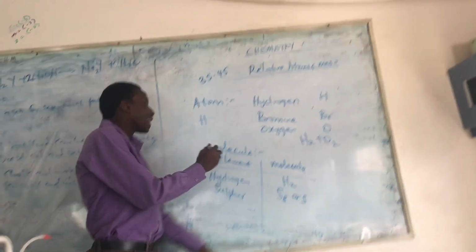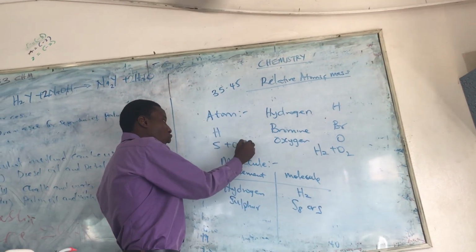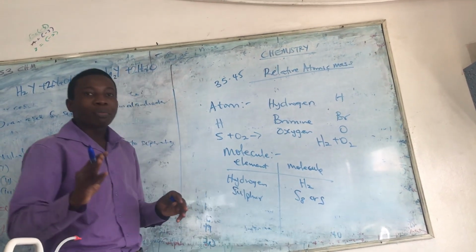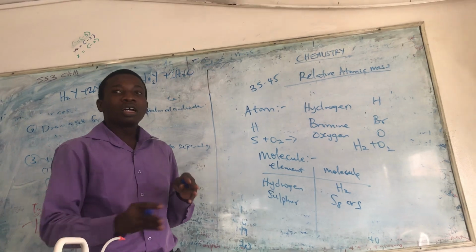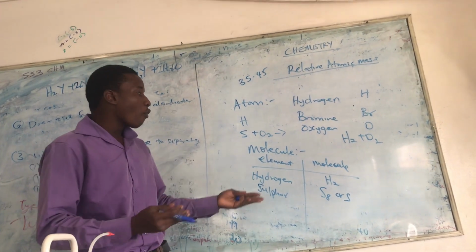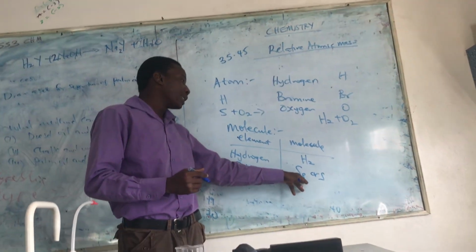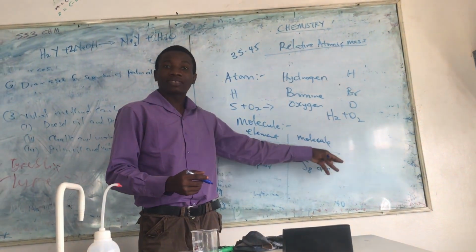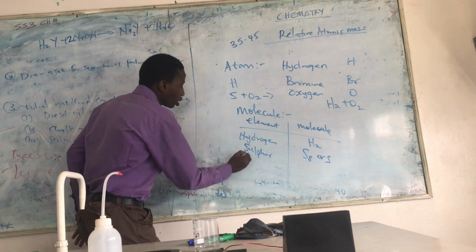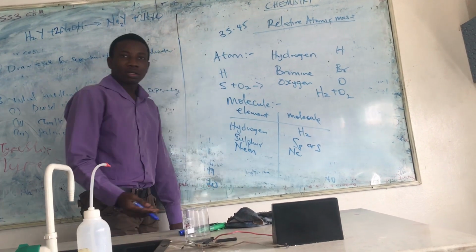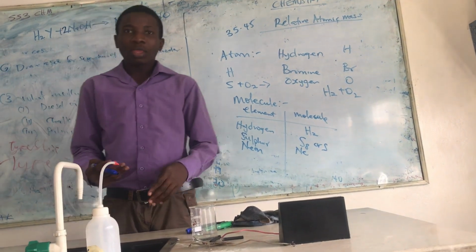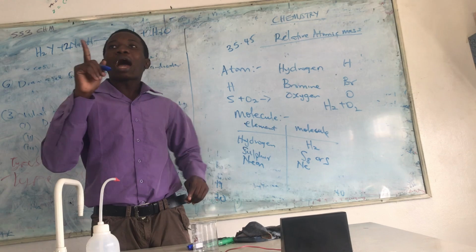For sulfur now, if I write S plus O2, we can stand alone. We have some exceptions, some atoms that have the same formula for atom and also the same formula for molecule. Sulfur, I can write the molecule of sulfur to be S8, and I can also write it as S. Neon, the molecule of neon is Ne, the atom is Ne, and the reason is because I